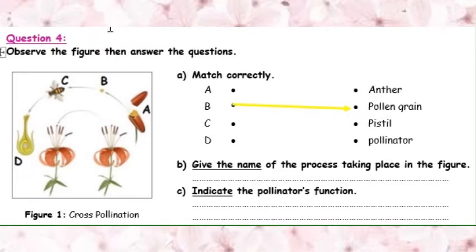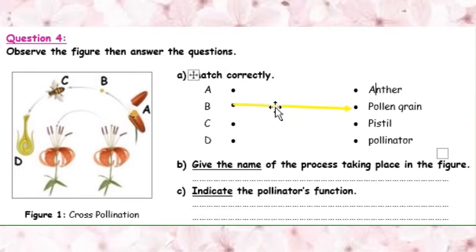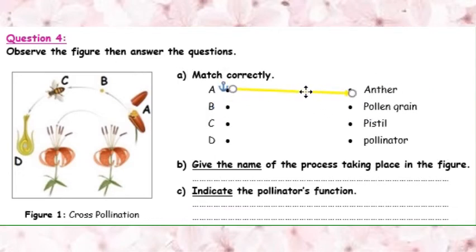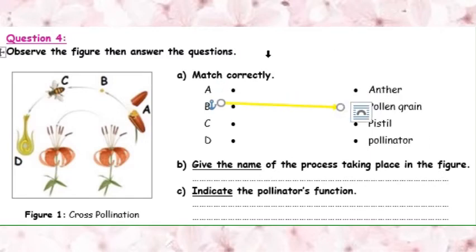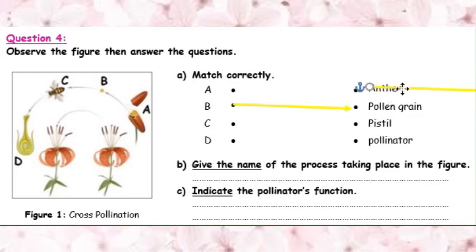Okay, so I told you that the part A holds or contains part B. Which part of the flower contains or carries the pollen grains? The anther, that's right. So the anther, which is part A, makes or contains pollen grains. The anther, which is the head of the boy, the head of the male reproductive part, holds or contains